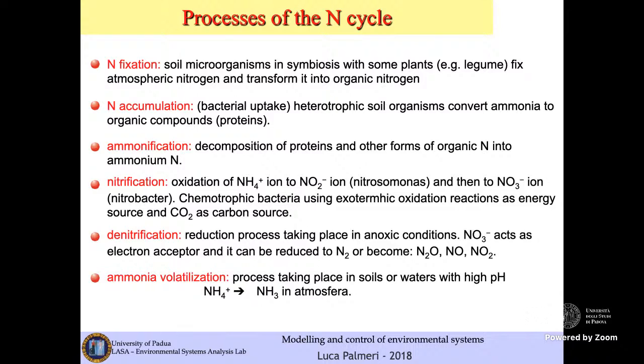So this is bacteria that are feeding on various forms of nitrogens, and these forms may be nitrate or ammonia. So you may have heterotrophic soil organisms that convert ammonia to organic compounds. This is uptake proteins. Or you may have